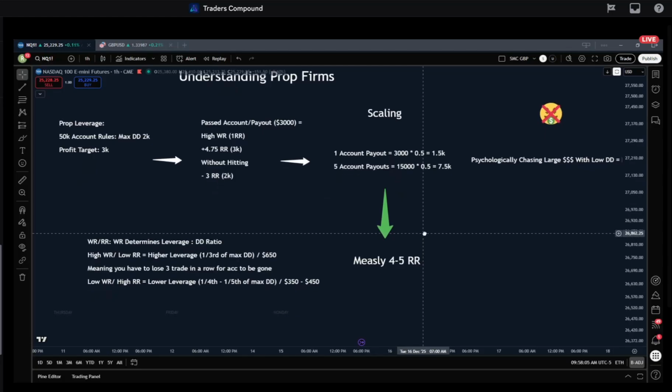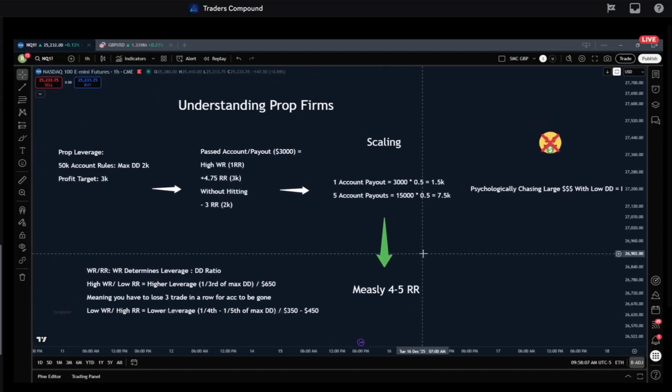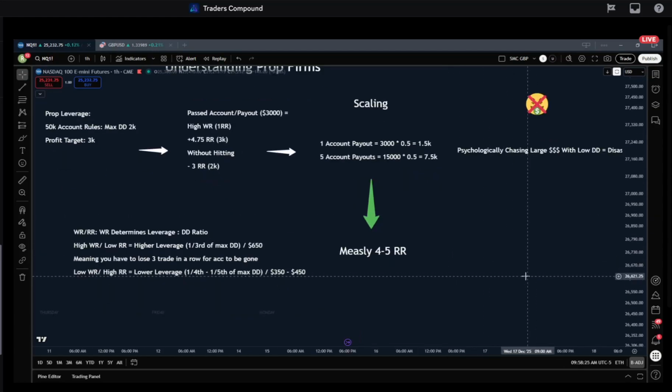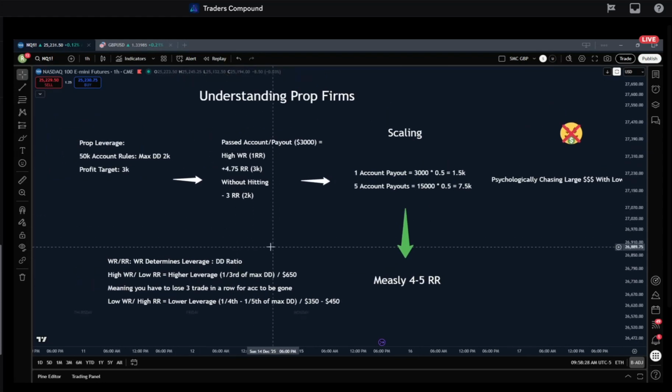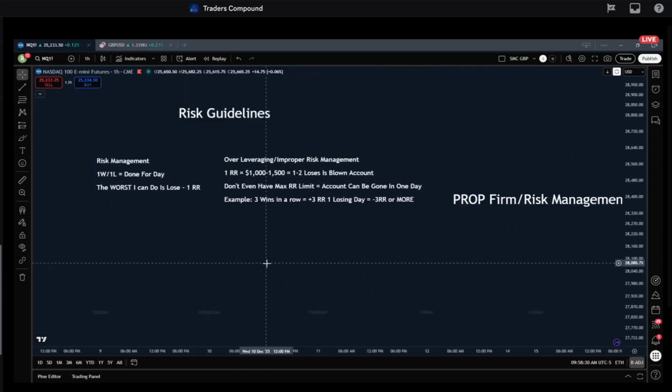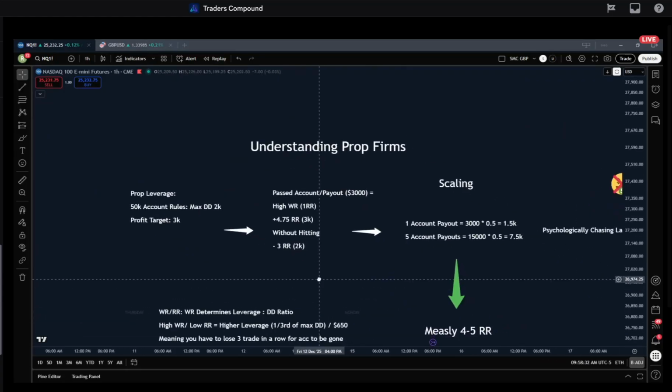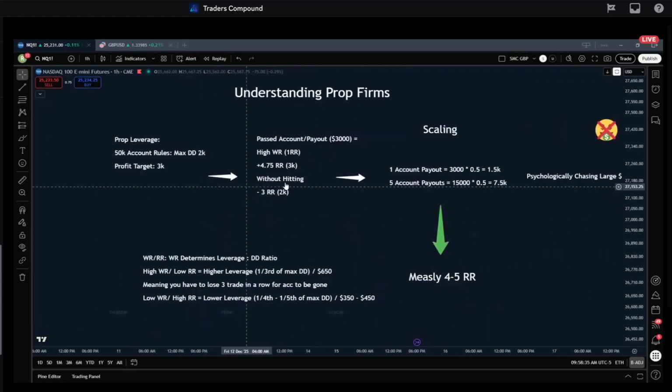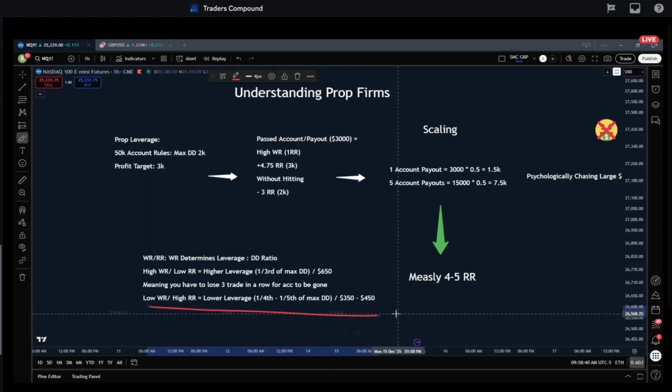So I hope this was either an introduction, maybe you don't understand what risk management is, having a plan, anything like that. Or for those of you who have been trading these AM session calls based on a little bit of a different risk, I wanted to introduce how I trade it, how I get the results that I do. And it's following this. This is literally my risk plan, right? One win or one loss I take per day, and I risk about $650 if I'm trading a CISD. Now with inversion gaps, I de-risk.